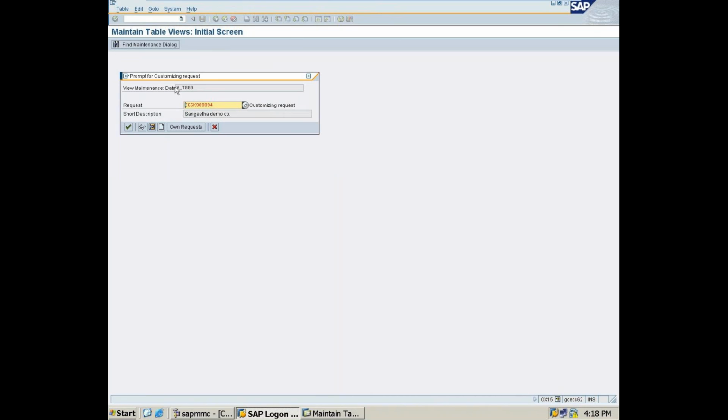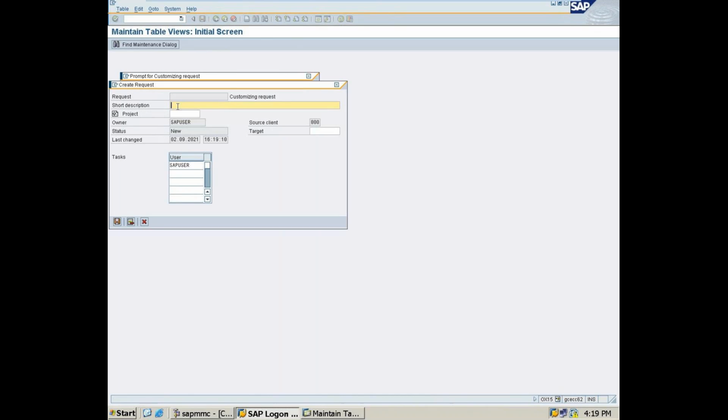See, here we have the data code. This we call a data code. That is a maintenance data code, which will be done with the ABAP programmers. If you want to create your own request, you need to click on this white color sheet. That's nothing but create request. Here it will ask you the description.